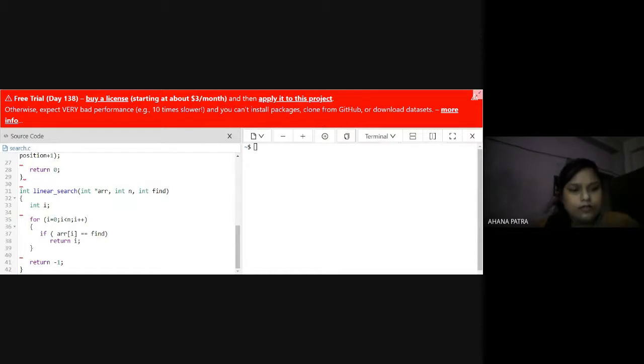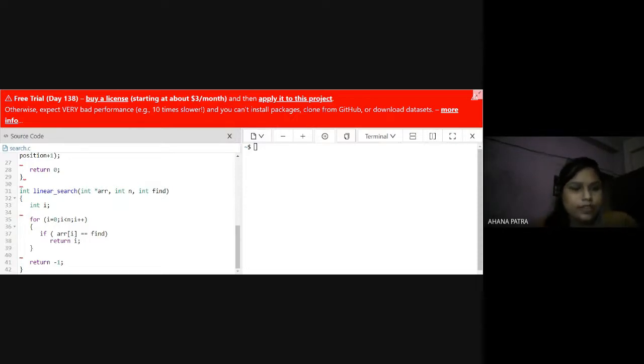At first it starts from 0 to n minus 1, because counting starts at 0, so it must stop at n minus 1. So I write i less than n, or we can also write i less than or equal to n minus 1. And one by one it is increased, so i plus plus.